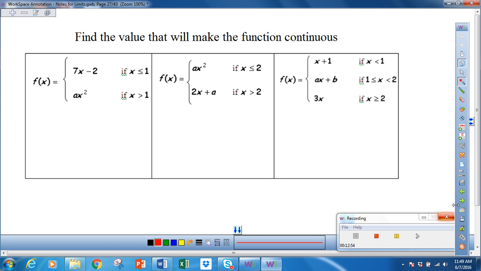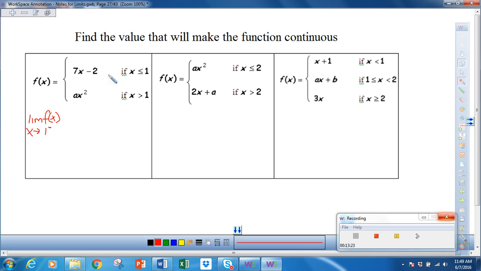Okay, now sometimes you will be asked to find what value of a or b or whatever will make the function continuous. When you're asked to find that, you're going to really do the same thing. You're going to take the limit and set the two limits equal to each other and see if you can find that value. So we're going to start by taking the limit of f of x as x approaches 1 from the left,